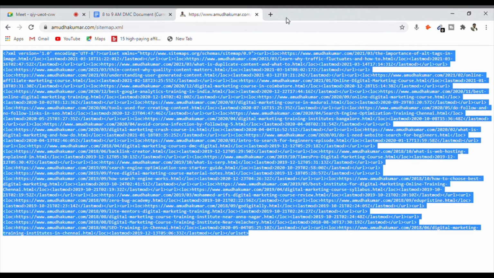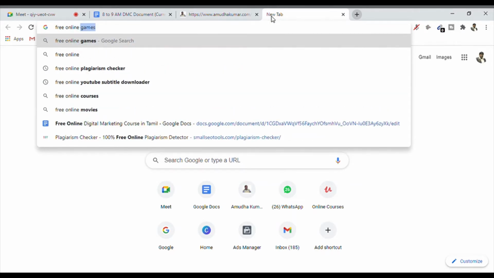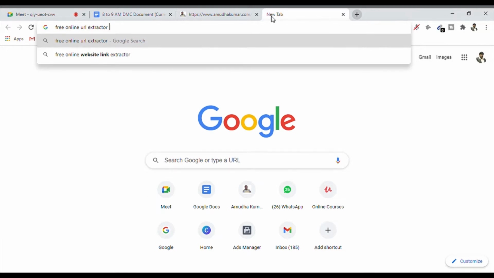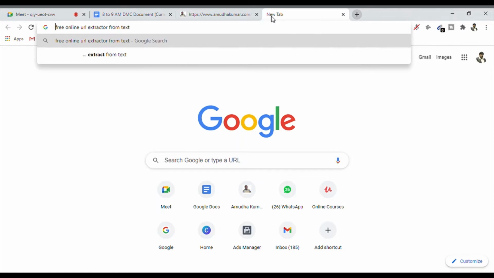For everything I'll use online tools only. So I search for free online URL extractor from text. Look at the choice of words: I'm using the word free online so that I can use it for free.